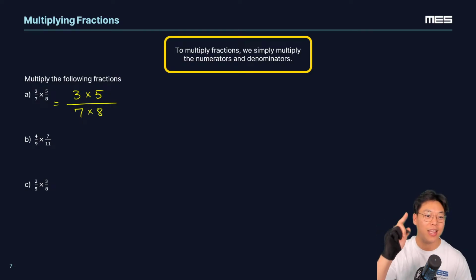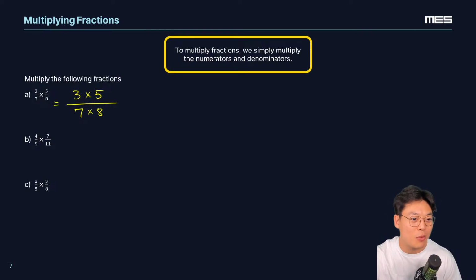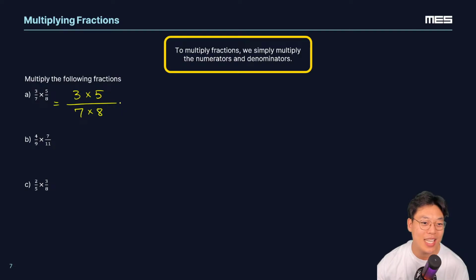Really quick in the chat, let me know what you get in the numerator. What's 3 times 5? Speed test. And right after that, give me 7 times 8. We got Chloe in first. We got 15. Amazing. And then in the denominator, we got 56 right off the bat. Amazing work, Chloe. Love to see it.